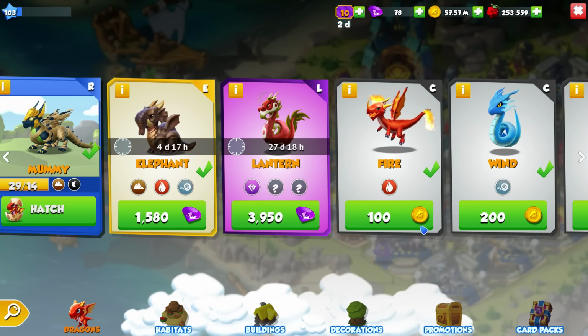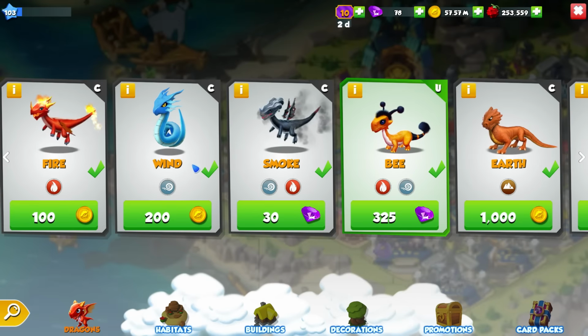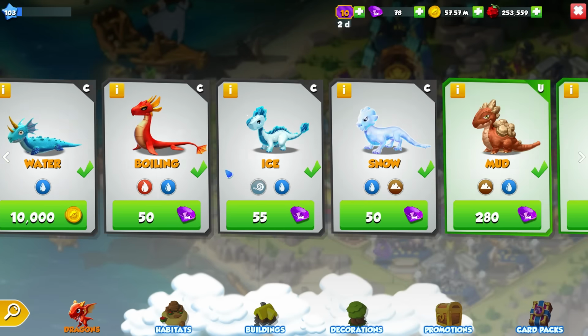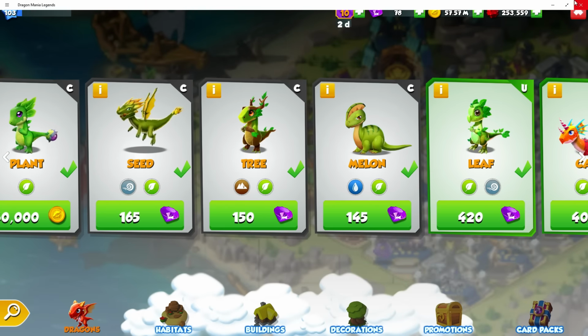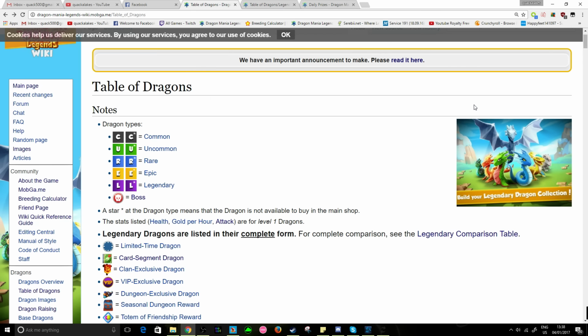Hello there everyone! So did you know that there is a way to look at every single dragon in Dragon Mania Legends and know how to get it? There isn't just looking through the shop, that doesn't even have all of the dragons listed anyway. But basically we're going to be heading over to the DML Wiki today and taking a look at the Table